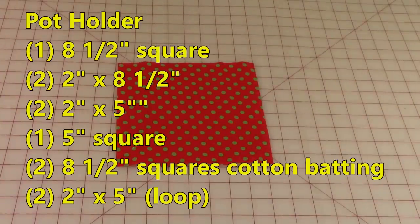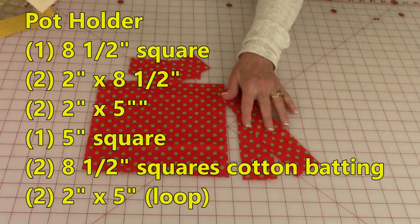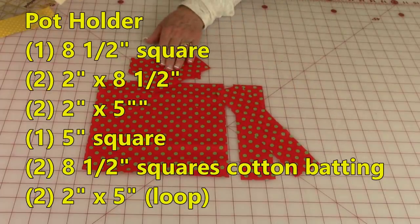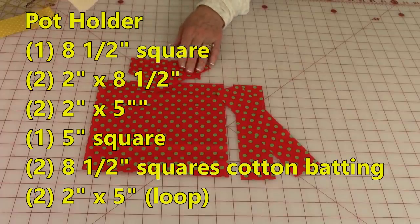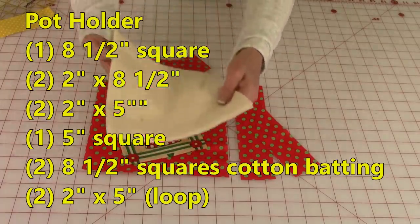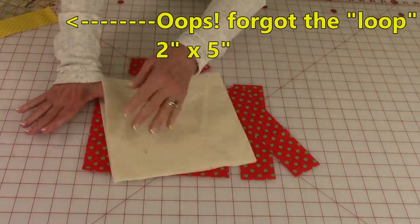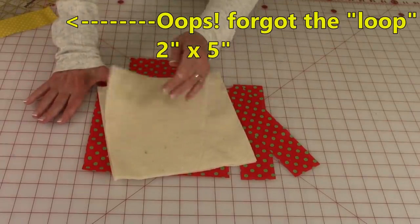For the pot holder, you'll need the following supplies: 1 8-inch square, 2 strips that are 2 inches wide by 8.5 inches long, 2 strips that are 2 inches wide by 5 inches long, 1 square that is 5 inches, and then 2 cotton batting pieces that are 8.5 inches square, or you can use just 1 cotton batting, and